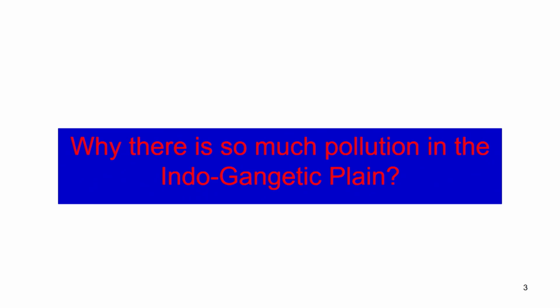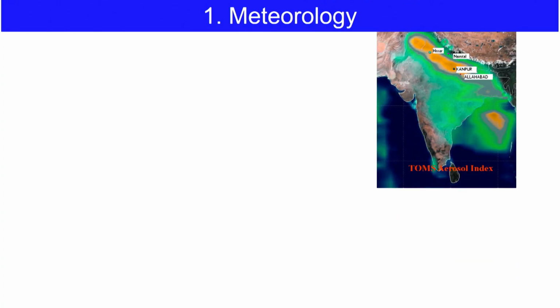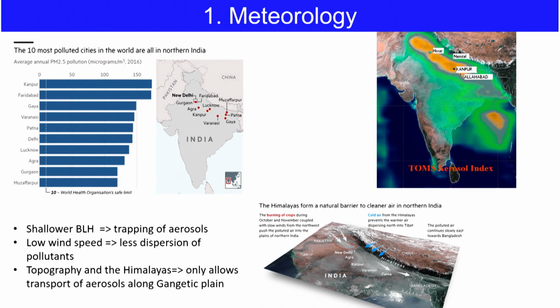So, one question that might be intriguing you is why there is so much pollution in the Indo-Gangetic plain itself. I gave lots of reasons. This lecture is again just brushing up the last lecture's things, so you will have just a few slides. Some of the things that were not covered, I will be putting in. So, I discussed this Indo-Gangetic plain and why this pollution is there.